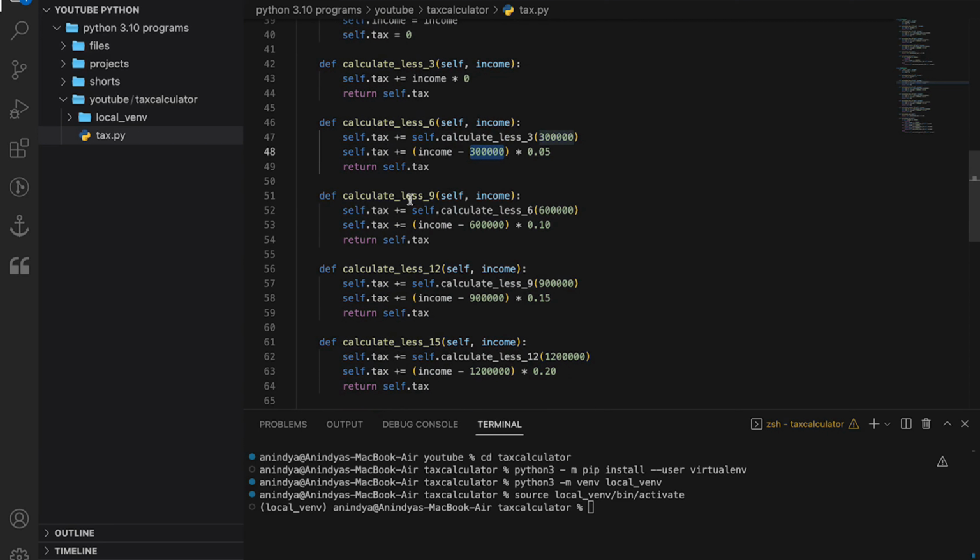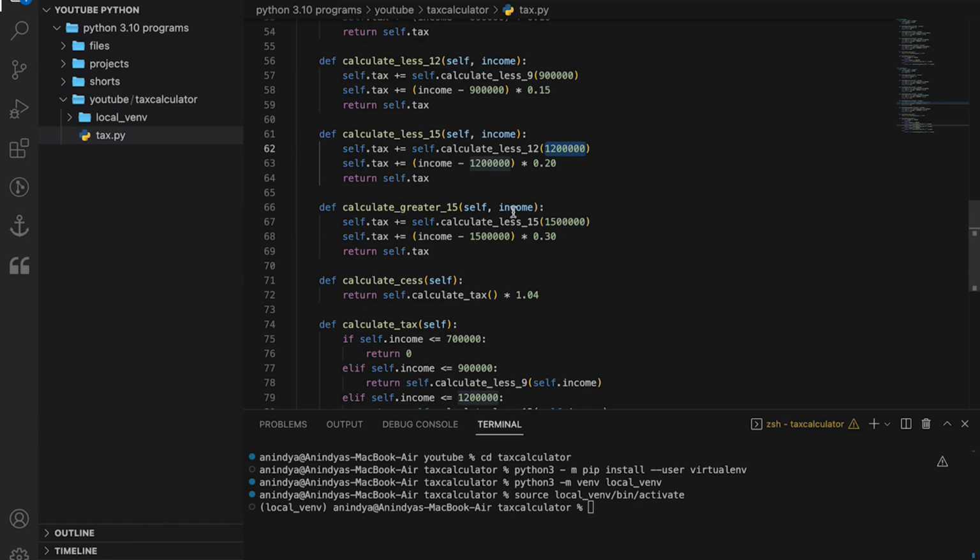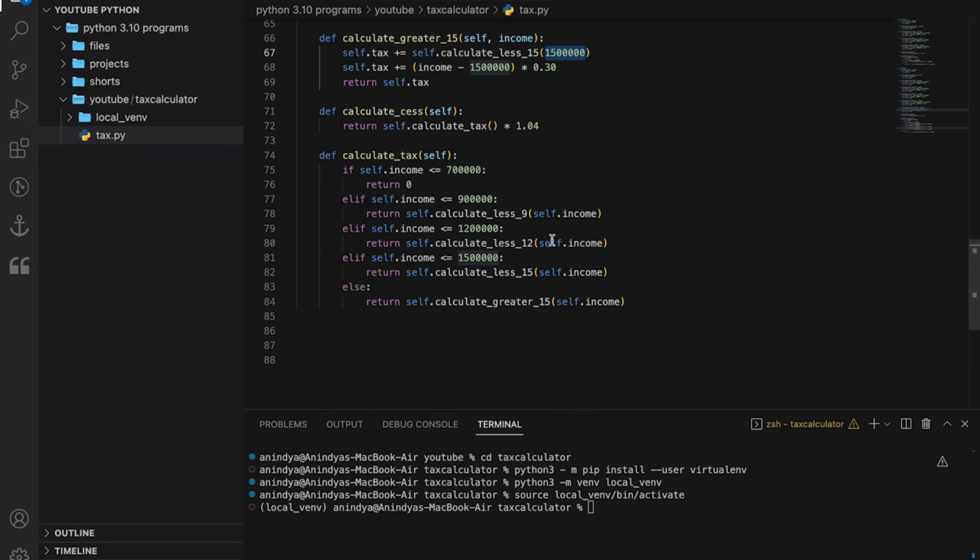Then we are calculating for less than 9 lakhs, where we are first calculating less than 6 lakhs and then calculating the remaining amount. Same goes for 12 lakhs, that we are calculating 9 lakh and then the remaining amount. Same for 15 lakhs, where we are calculating first for 12 lakhs and then the remaining amount. And lastly, greater than 15 lakhs, where we are calculating for less than 15 and the remaining amount with a tax percentage of 30%. Now the CES value is same for both, where it is 4% on the tax amount,